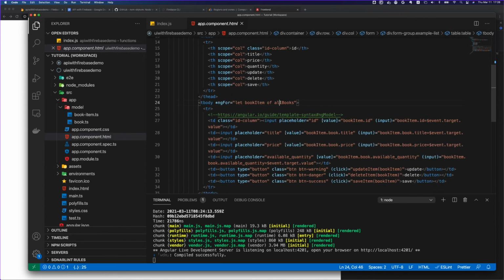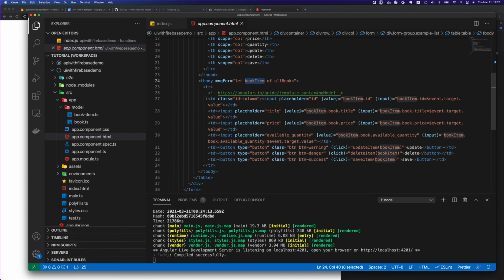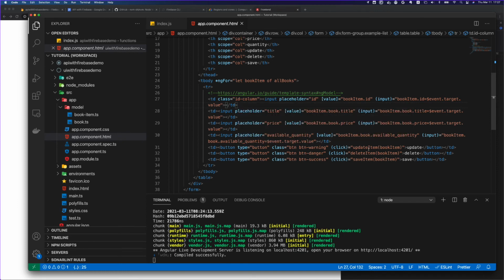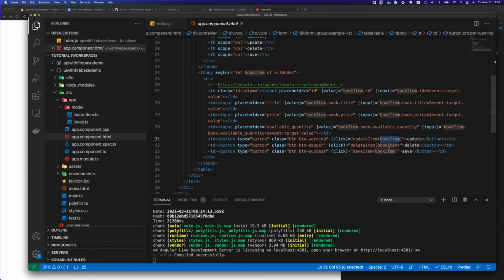So I get that all books, and then I get book item out of it, and I created a few fields like input fields, and from that object which I am getting from my REST API, I am iterating over it and displaying those values here. And then I created a few more buttons which are update item, delete item and save item, where I am passing this book item and then going to call the API.